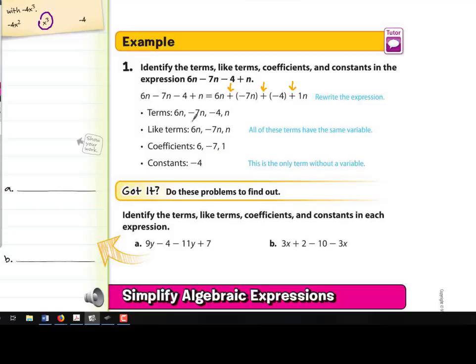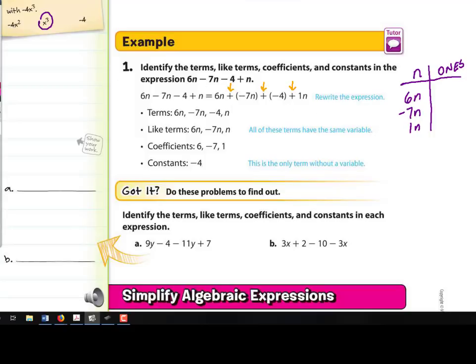The like terms, well, the 6n, the negative 7n, and the n are all like terms. You might think, well, what happened to the negative 4? Well, there's nothing else in the ones column. So again, let's build this for the example. If we were looking at the kind of things we have in this example, we have n's, we have ones, we have 6n's, we have negative 7n's, we have 1n,